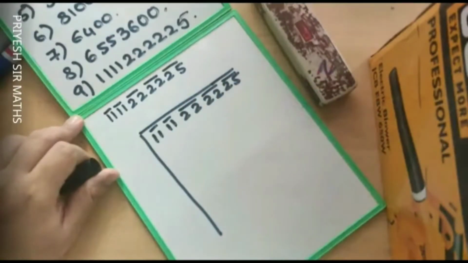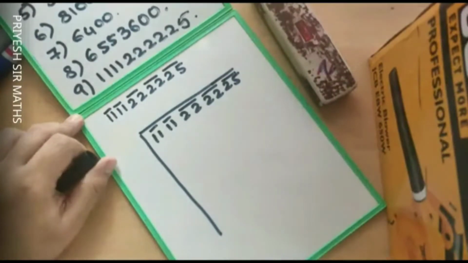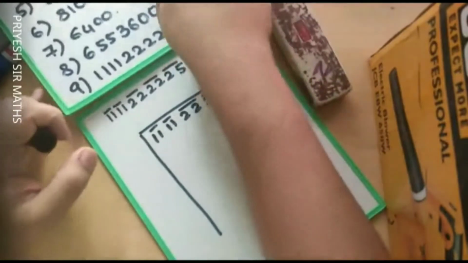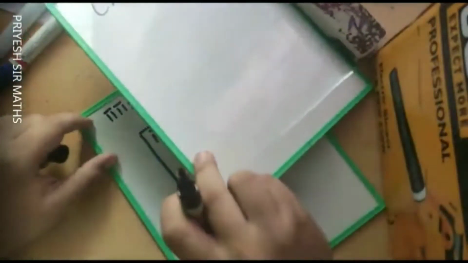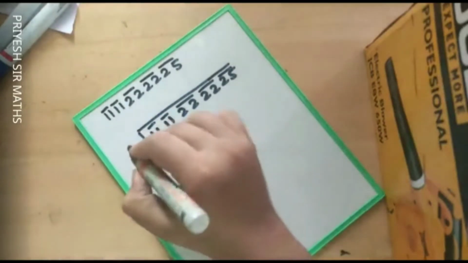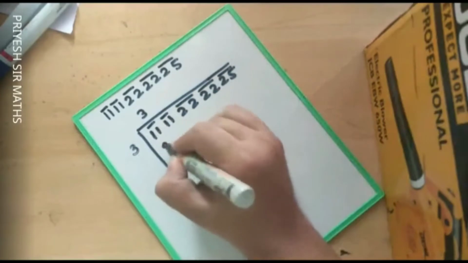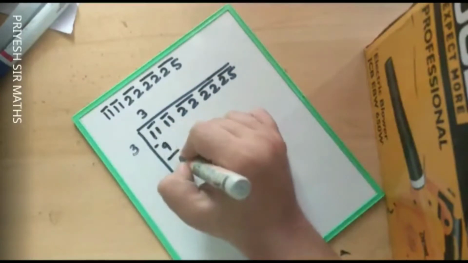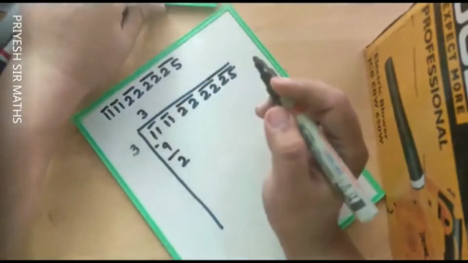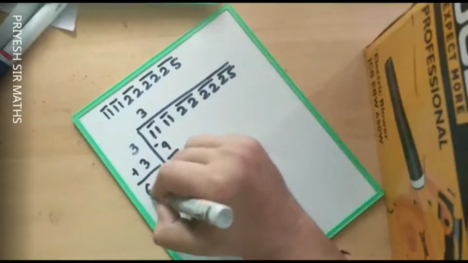Okay, so let us see. First of all, you should know the squares from 1 to 9 clearly. So 11 comes between... 3 3s are 9. When you subtract it, you get 2. And you add 3 over here, so you get 6.